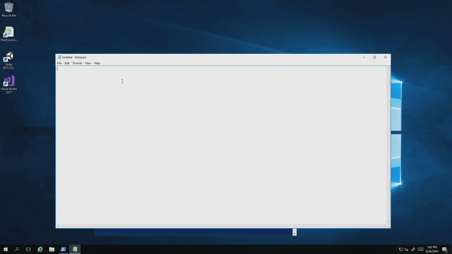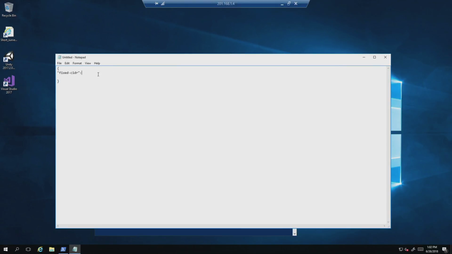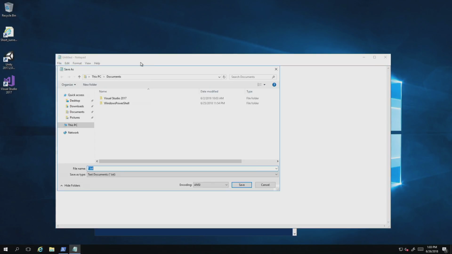And I'm going to enter the configuration for a static subnet. And here, I'm going to take the subnet that I took from the first machine and apply it to the second machine. And that should be good. We're going to save this as